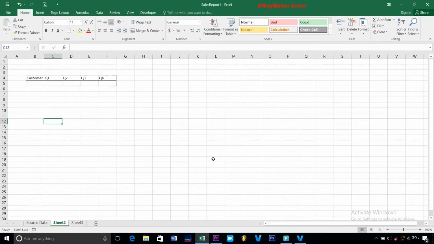Today we will be looking at the Excel VLOOKUP function. So what is the VLOOKUP function? The best way to explain this function is by saying that